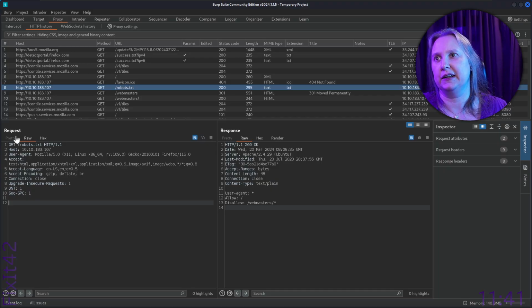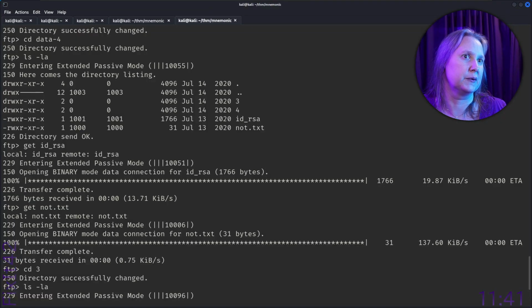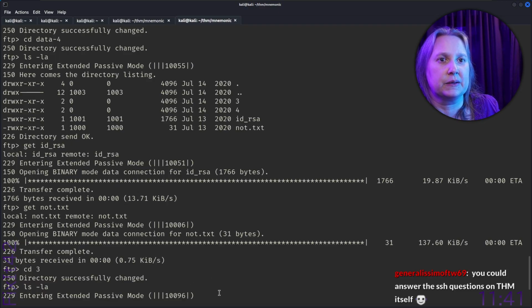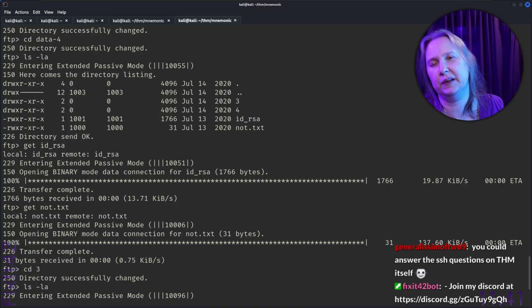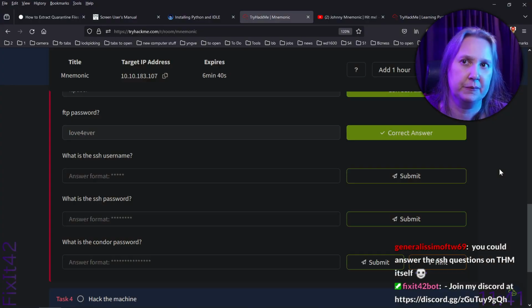Let's see, was there anything else in our notes? Oh, right, I tabbed. You could answer the SSH questions on THM itself. Oh, okay. Yeah, let's do that first then. SSH username and password.